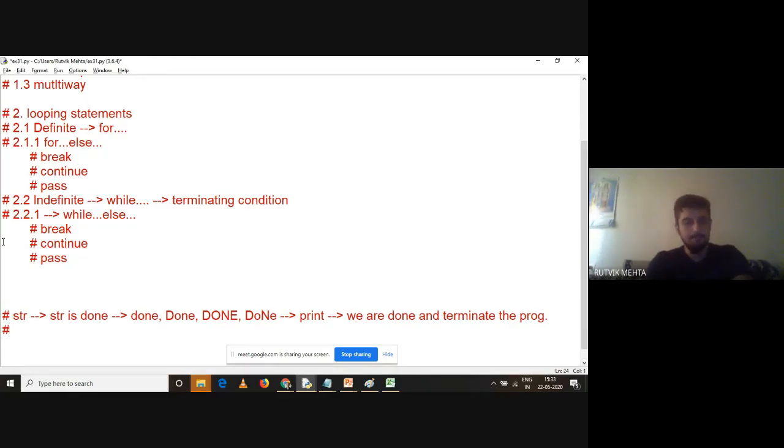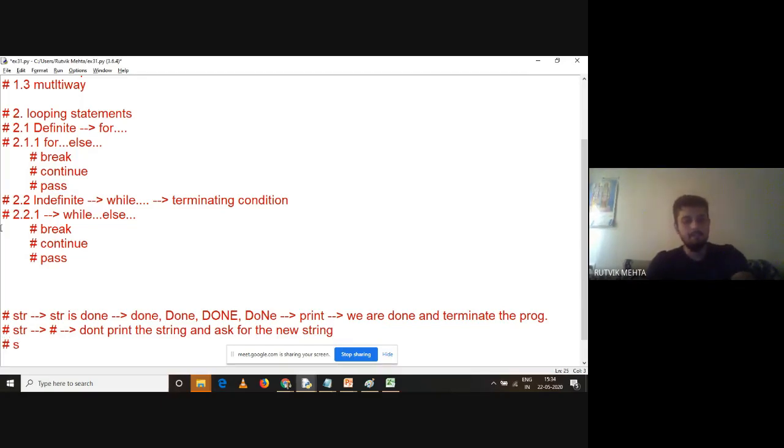Second condition, if string is hash, what is my string? It is hash. Generally we know that hash is comment in Python. So I'm just keeping for hash right now, then we'll later on change it. So if my string is hash, don't print the string. Don't print hash. Don't print the string, right? And ask for the new string. So user has to enter new string. If hash is entered, you don't have to print the string. You will ask for new string.